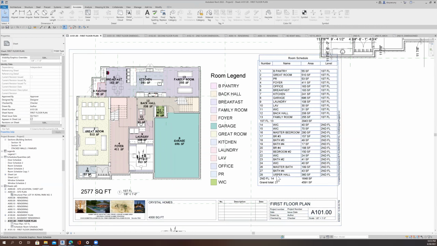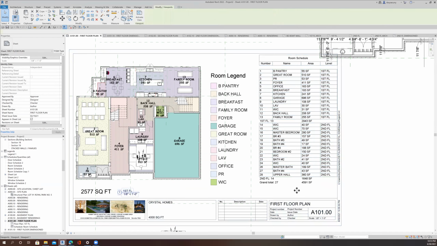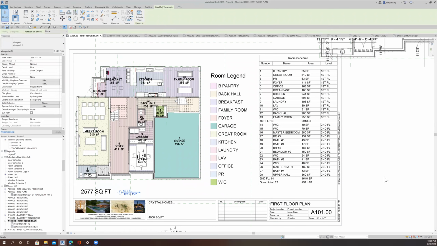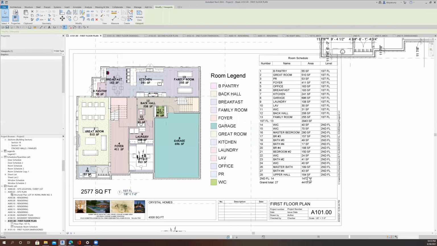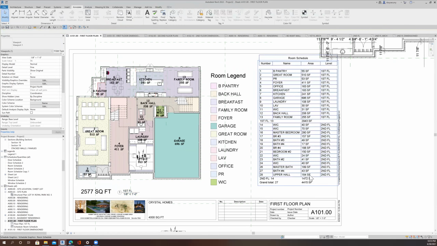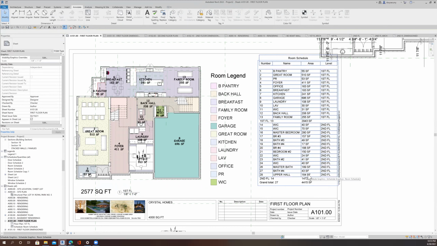And so that's interesting that that didn't change. That's the room schedule. That's definitely something's not right. 184. I think it was just 360. Anyway, I saved the drawing, saved the model, and it changed to 184. Okay,